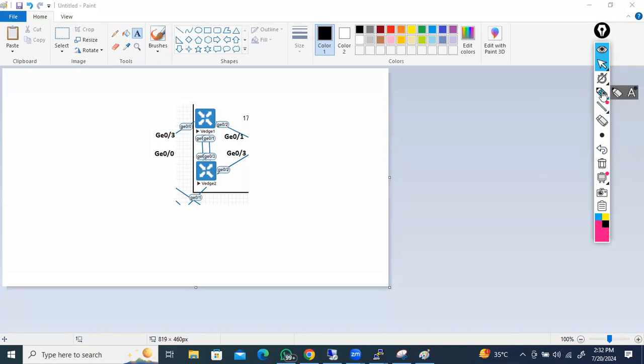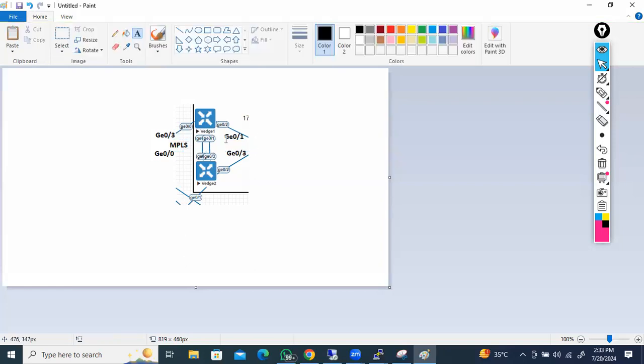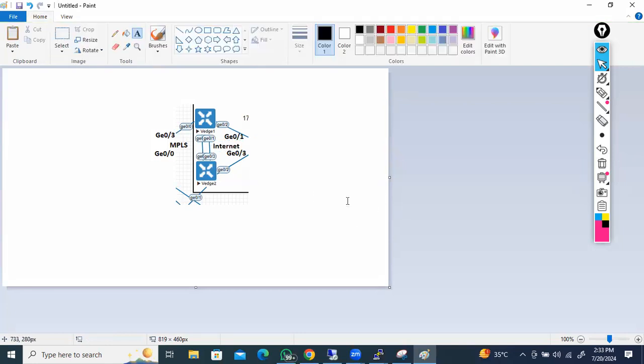So if this link is going to become a part of MPLS, what do I have to do here? Actually, I'm doing the opposite. This link, which one we are using for the MPLS? This one we are using for MPLS. And this one we are using for internet extension. You are getting it? So if this link is the part of